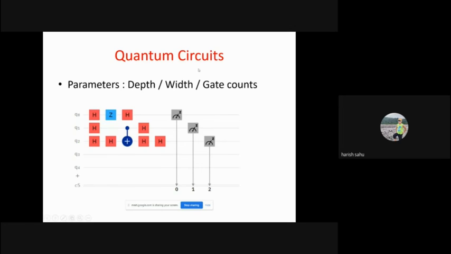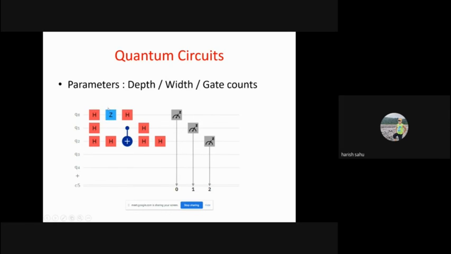So in the quantum circuit, some properties are defined, like parameters. We can say, what is the depth of the circuit? If we take the example of this circuit here, then what is the depth? Depth is basically the number of stages in this circuit. So the first 3 Hadamard gates, denoted by H, are depth 1.